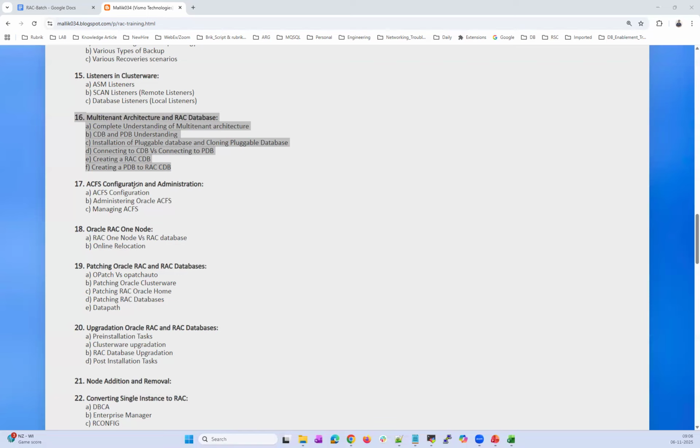How to create a RAC database with CDBs and PDBs. How to manage, administer, and maintain your CDBs and PDBs, how local users and common users work in CDBs and PDBs, how an end user can connect to my CDBs or PDBs, how the listeners will work in CDBs and PDBs, and how backup and restore will work on them.